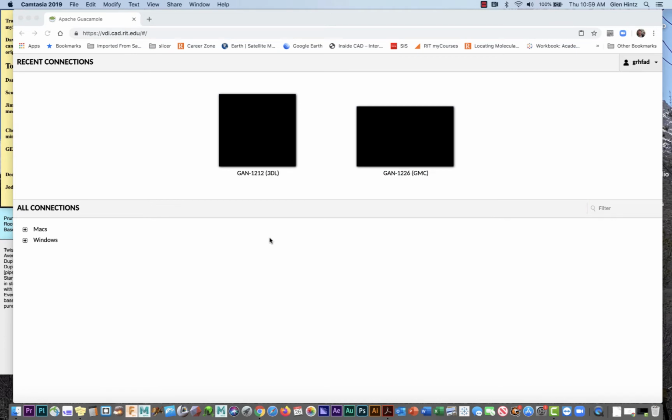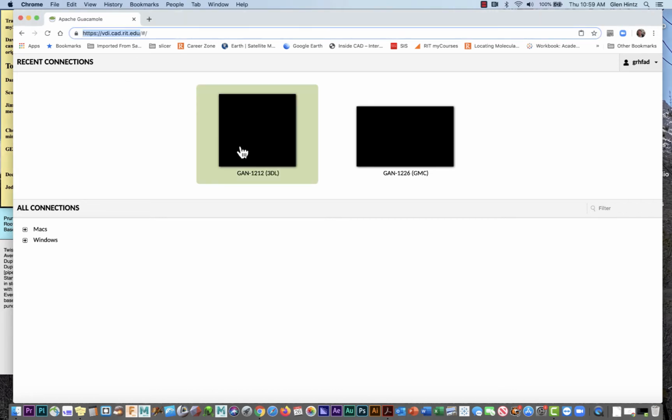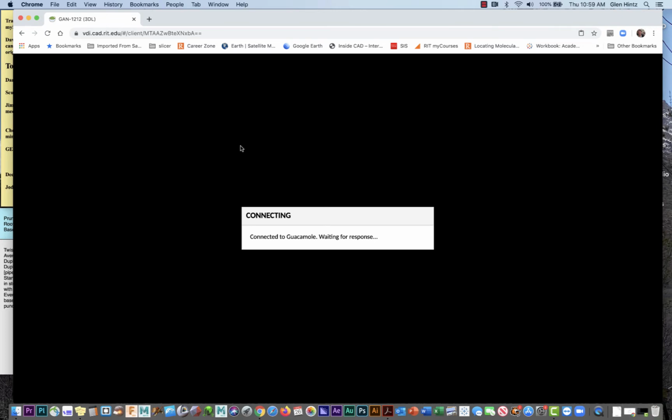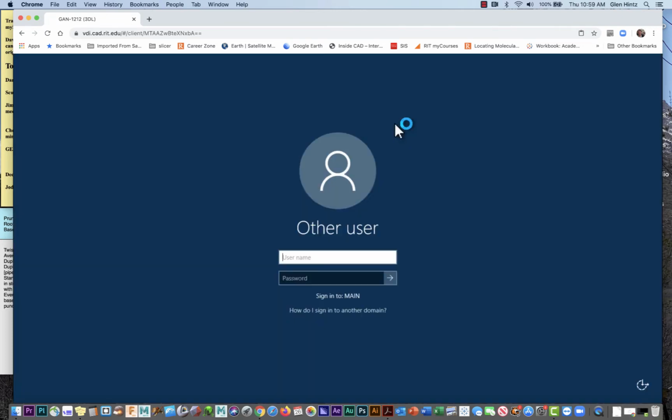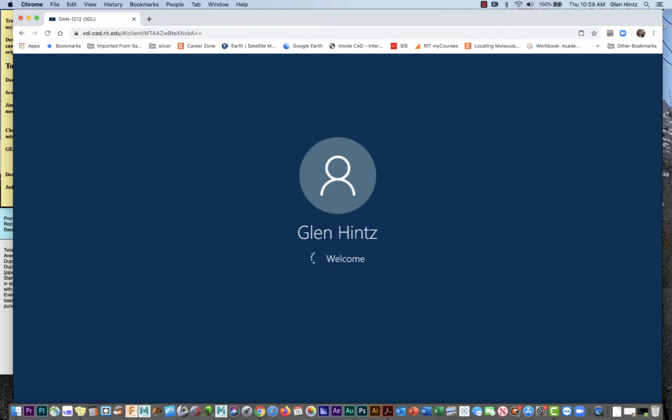So now that I've made the connection using this vdicad.rit.edu, since I've been here before, it gives me this computer, so I'm going to go ahead and use this, and it's going to ask me to log in. Okay, so now I'm here,